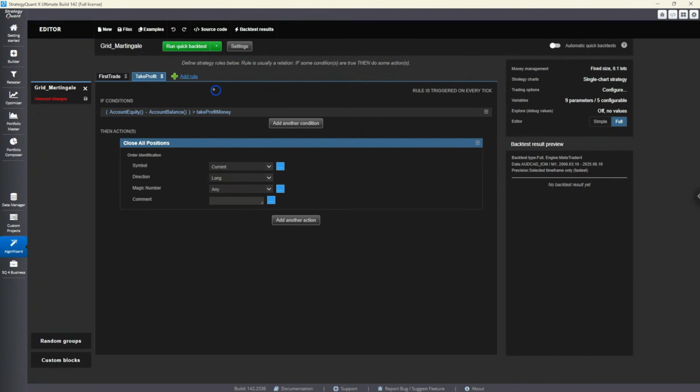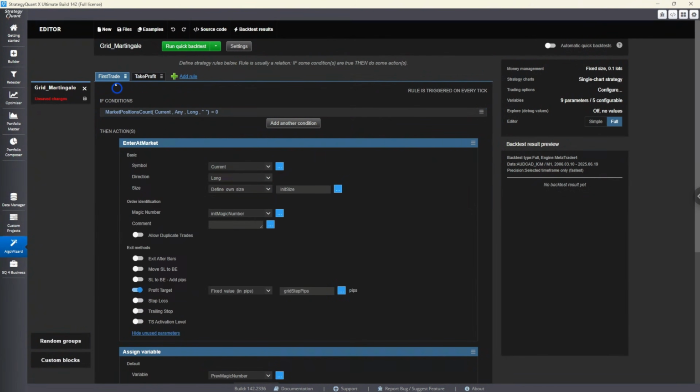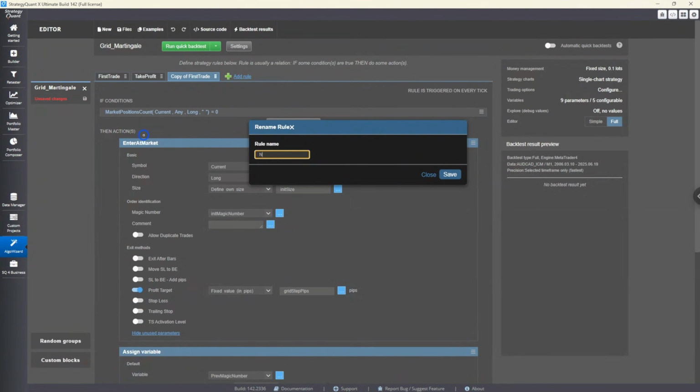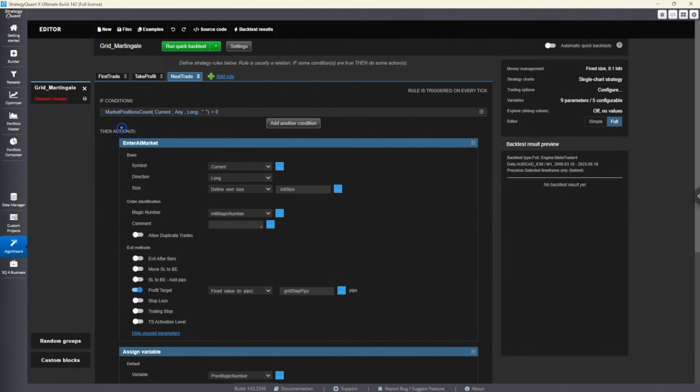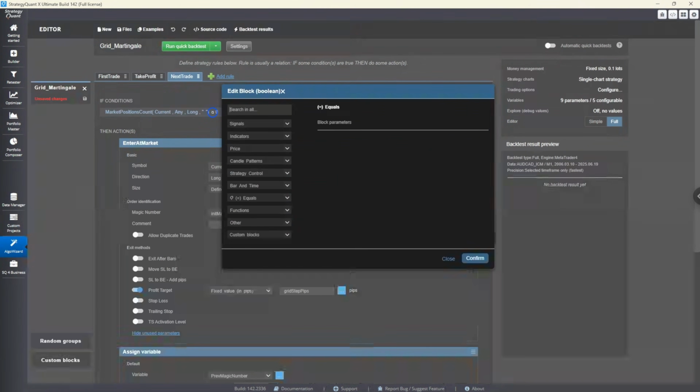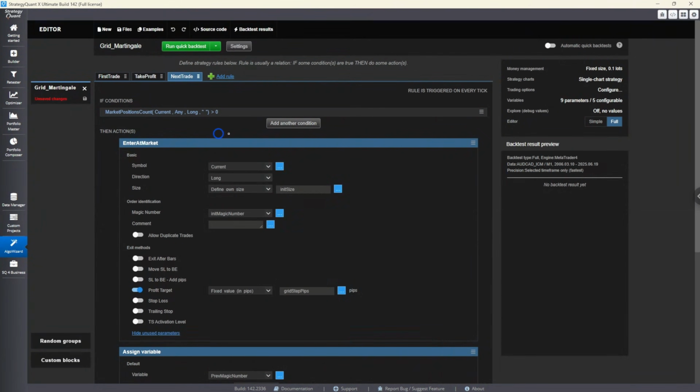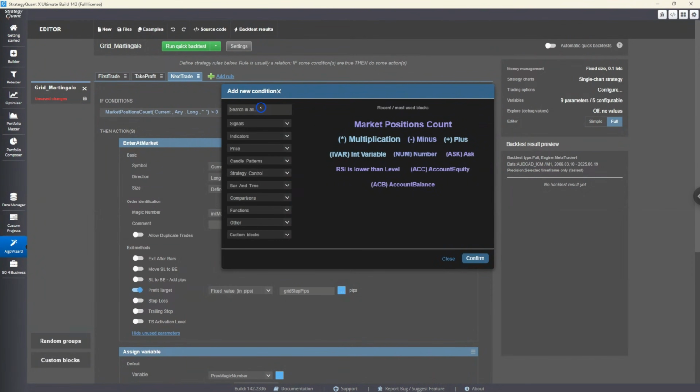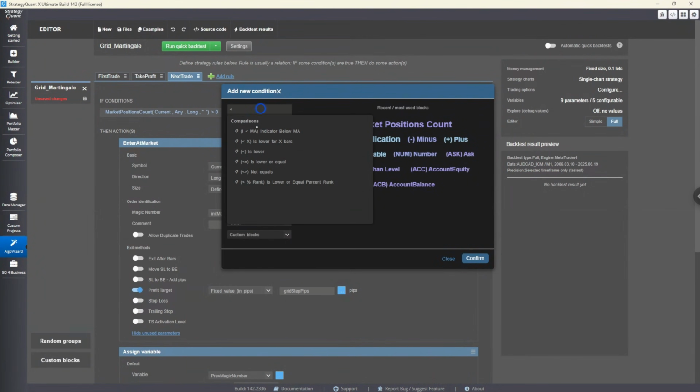We have to create one more rule to open the second, third, fourth, and subsequent trades. The logic is actually very similar to the first trade logic, so I'm going to duplicate this, drag it onto the end, and I'm going to call this next trade. Instead of having no open trades, now this logic is only activated when there is greater than 0 trades, and we need to add a second condition, less than or equal to,